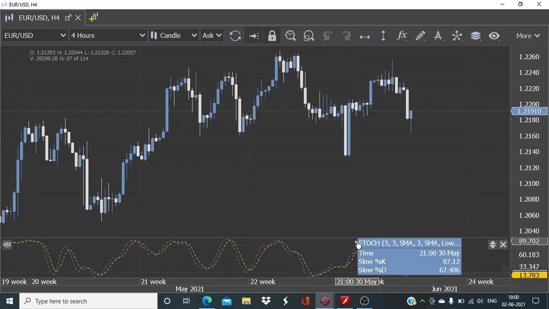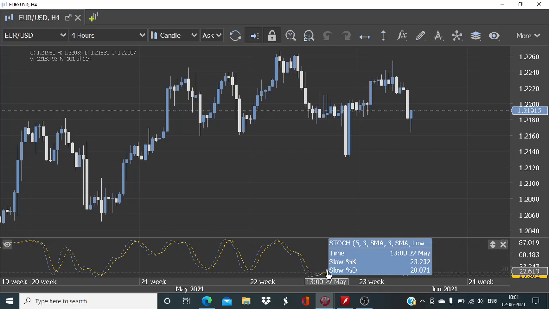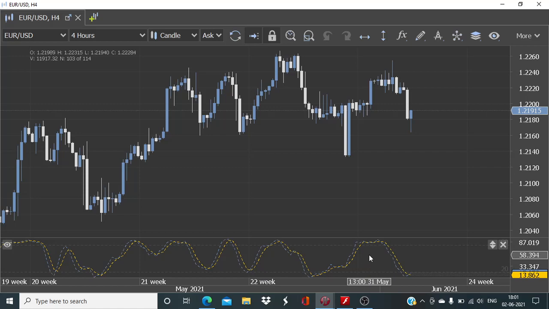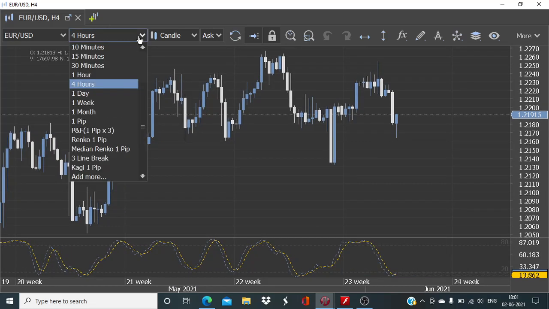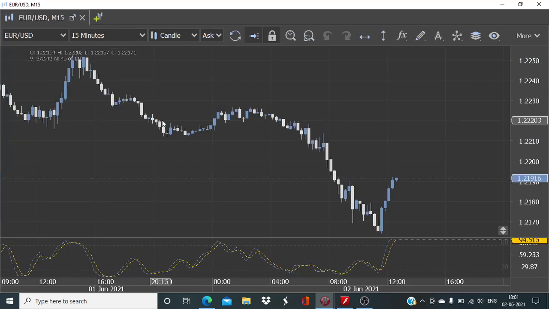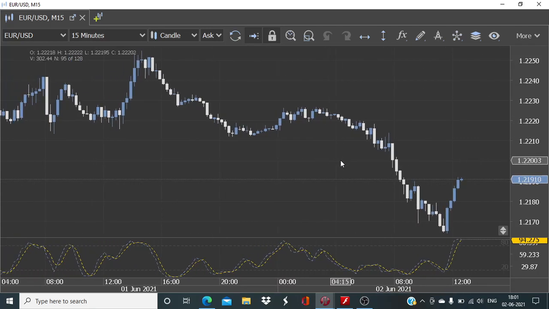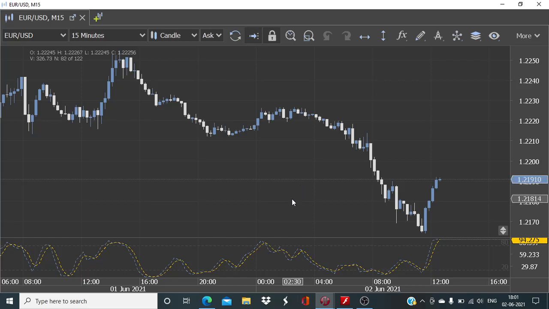But the condition regarding this output band will hold true here. We will need both the slow K and the slow D values to be below 80 and above 20, so that band will remain valid. And as I said, the execution point is going to be dependent on the lower time frame chart, and here we want to get involved for the trade as and when we see that the